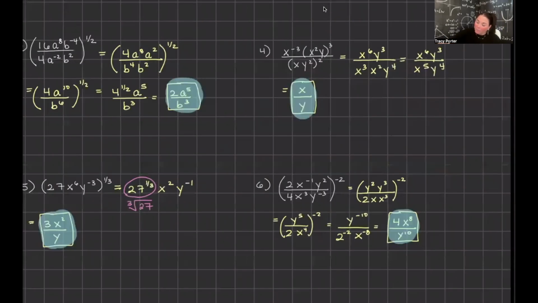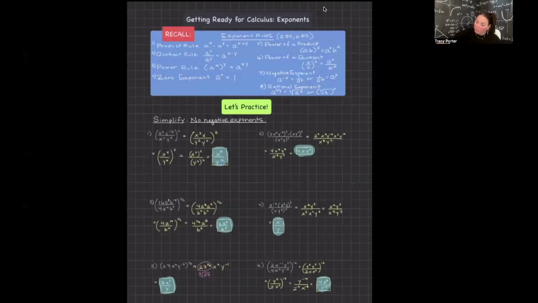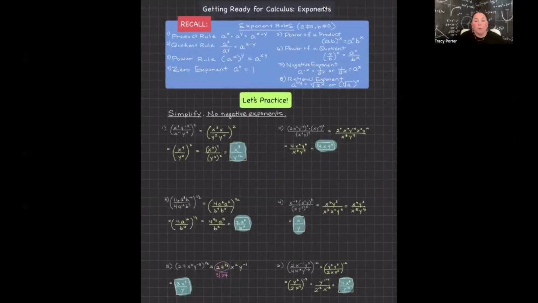Okay, so I hope this was a quick review for you. For getting ready for calculus, you've got to know your exponent rules. They're going to come up. It's the algebra that becomes intense, so make sure you